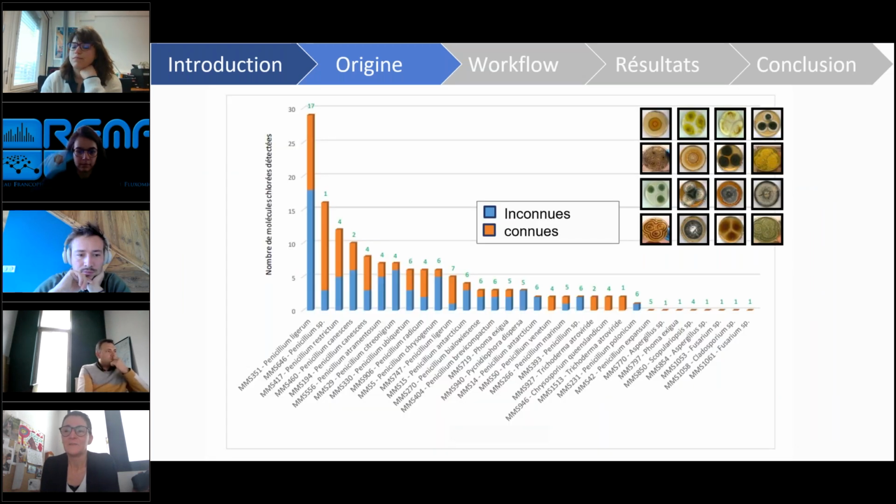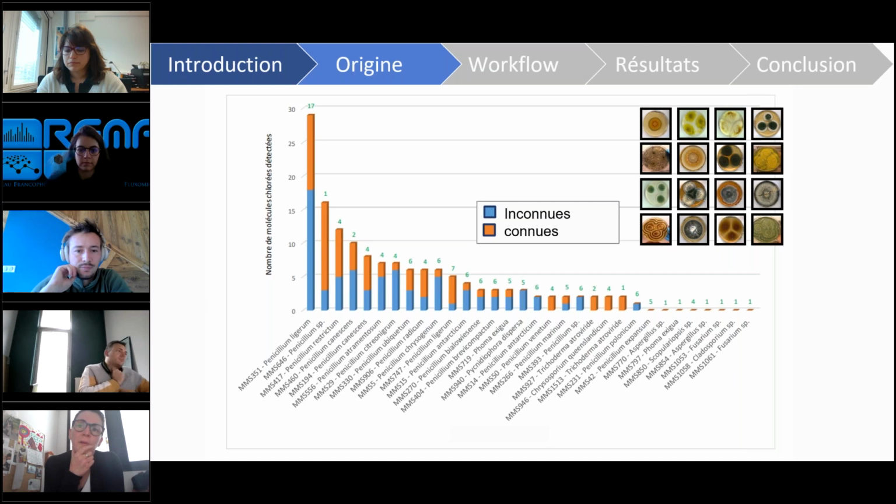Next. And from this study, which was performed on all the strains you can see on the bottom, we could find quite an interesting number of halogenated features. And for all those compounds, we had a look in the databases to see if they were known or unknown. The unknown are in blue and the known are in orange, and we could find quite a good proportion of unknown halogenated compounds.